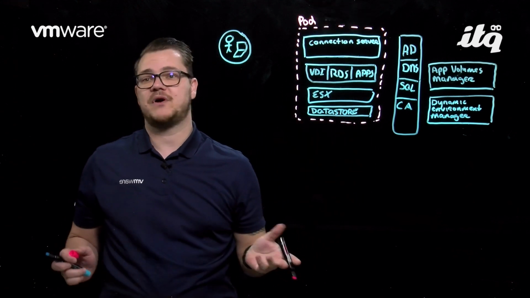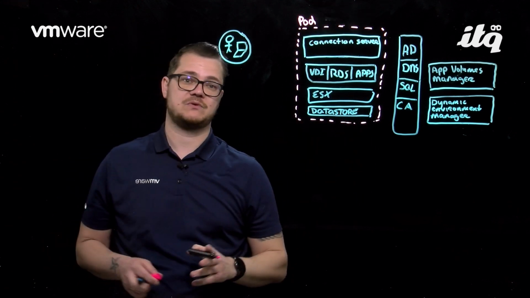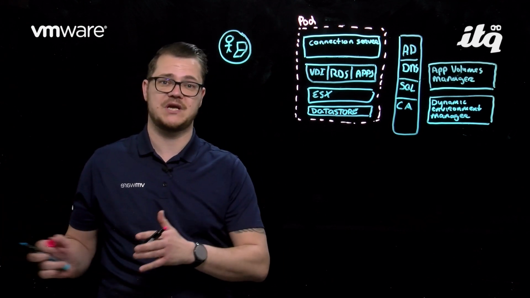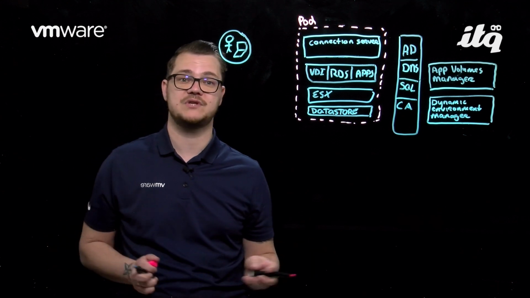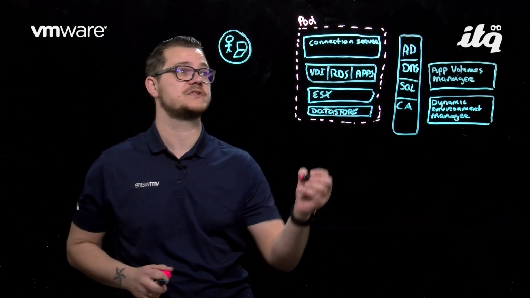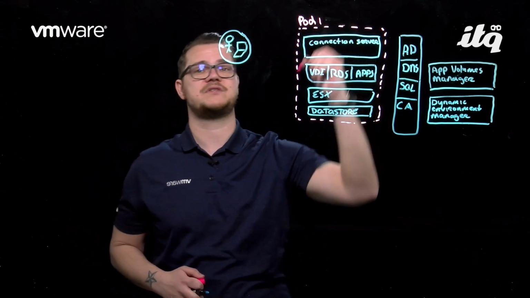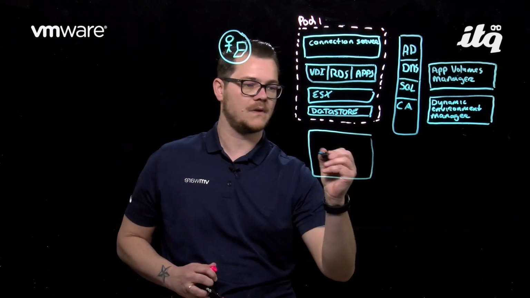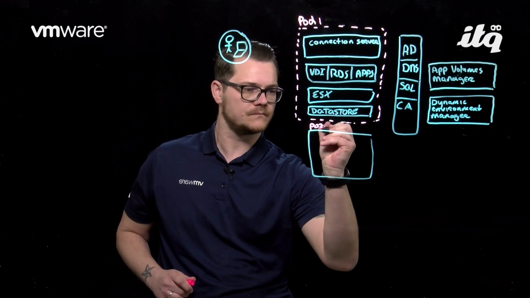And we can have multiple pods in our organization. So these can be seen as tiny data centers. They can be multiple pods in your same office, but it can also be used as a remote location, for example. So let's say, for example, this pod 1 is in Amsterdam, and alongside that I have another pod